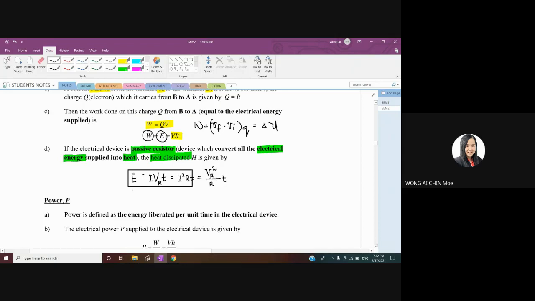If they ask for the electrical supply, meaning the energy supplied from the battery,